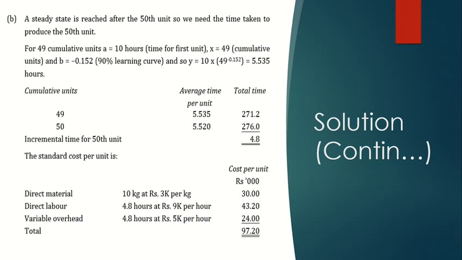So you understand that if you are producing 1 unit in the fourth quarter, our cost will be 97,200 if this steady scenario is applied. This is if the steady scenario is applied, which means after the 50th unit we are coming to a steady state. In the previous question,